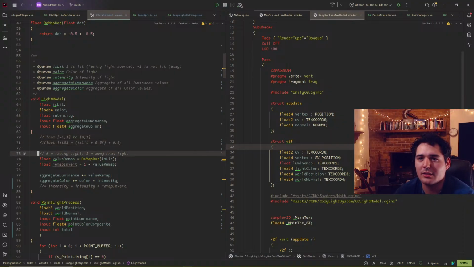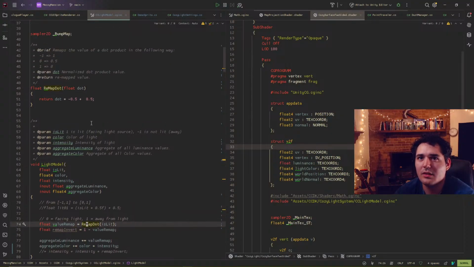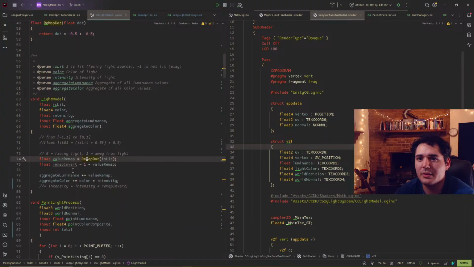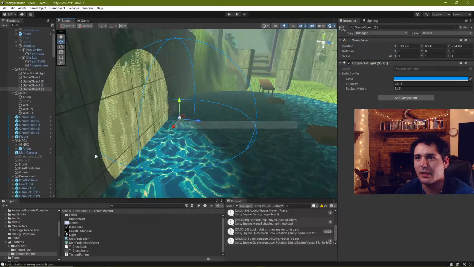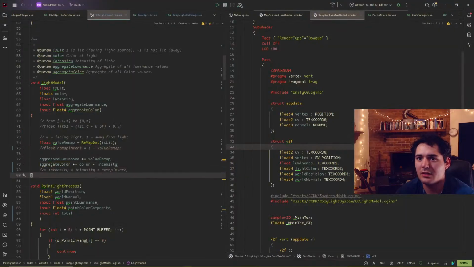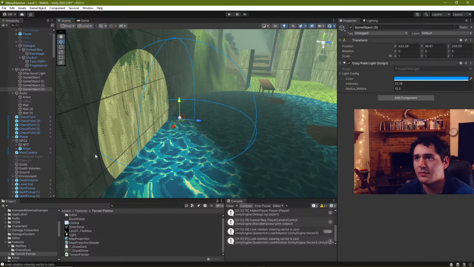Okay, and I understand. Okay, so this is for the initial change right here. And then this inverts it. Okay. So we don't even need this remap inversion, because value remap alone is good enough. Like, that's not a thing we need. Okay. So if we come to that conclusion,